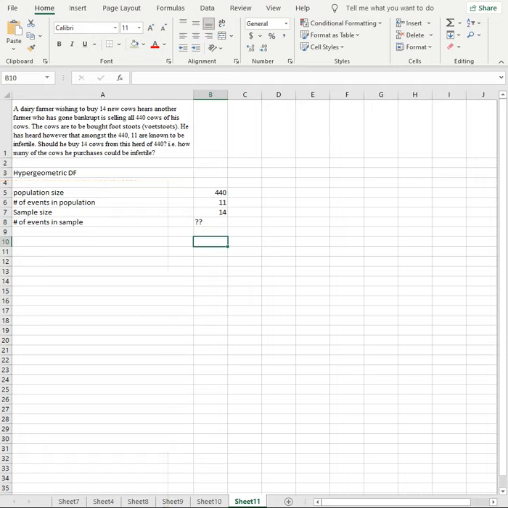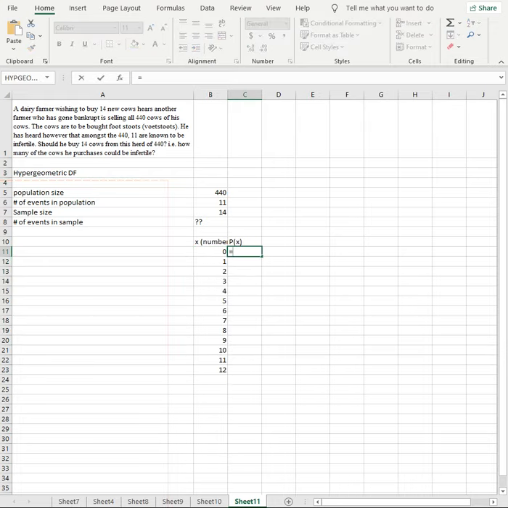All right. So let's draw our table. So X, where X is the number of events in fertility or infertile cows. And then P, and then this column is the probability of that particular event occurring. All right. So let's fill up our table. So for this one, equals